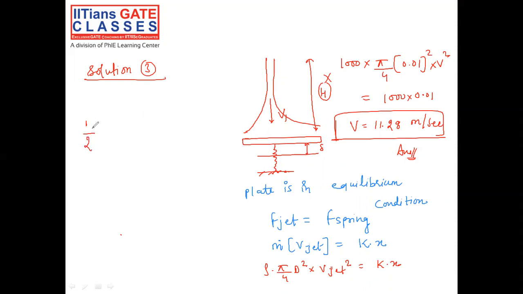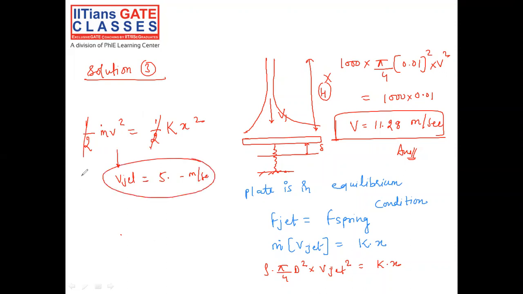What is the kinetic energy of the incoming fluid? Half of mv square. They are going to directly equate it to what? Spring energy, that is potential energy. Of course, with this formula, if you calculate the velocity of the jet, you are going to get 5 point something meter per second. This answer is out of range, because the answer range they have given is 11.2 to 11.4 something, and that is absolutely wrong. So you will lose 2 marks.